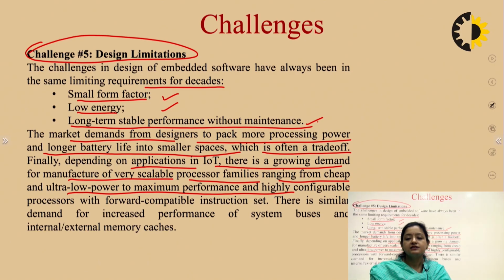Okay, because what is the demand? The demand is real time response. The demand is that the product should be stable, it should have small form factor, it should be having enormous energy supply. But what is the constraint? The constraint is that we have to make our product compatible, we have to make our product